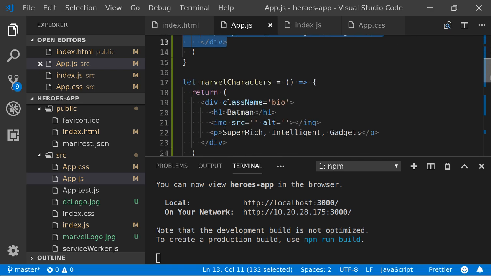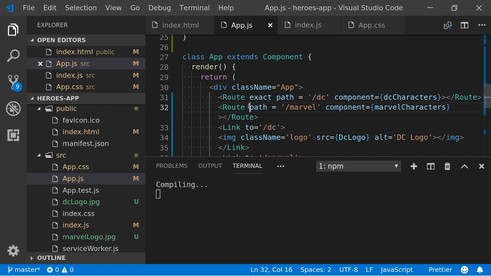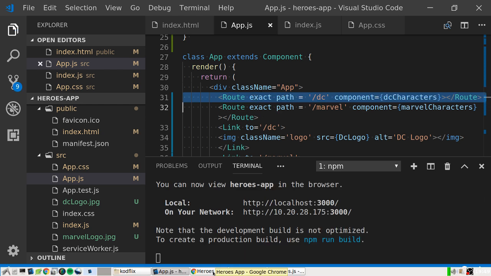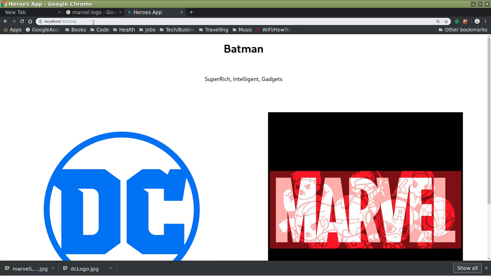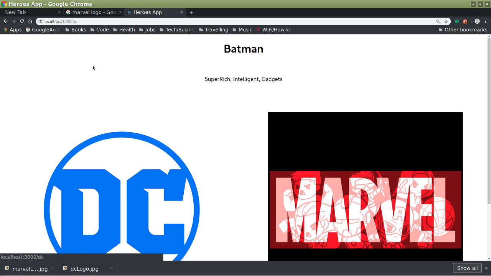So in our routes, we can add the exact keyword, so that it matches our correct routes. We may need to stick our home route back in here as well. Let's have a look. Yeah, so that's still doing that.